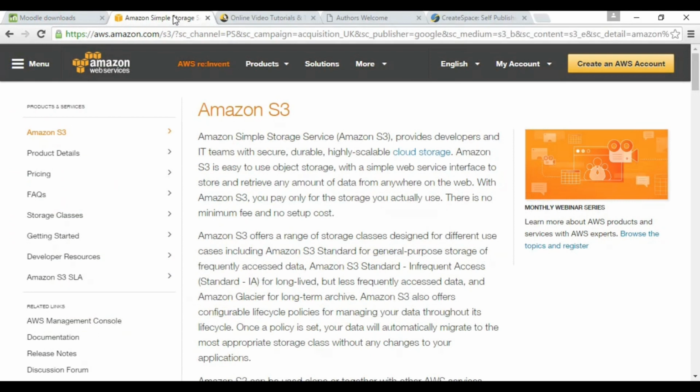You'll probably need to have quite a lot of storage space to store the videos and the digital documents on, which might overdo the bandwidth that you might have for your web hosting account. So a good storage solution is Amazon S3. There are free and paid for versions of this, but the free version does let you have quite a lot of storage space. And you can read more about it at